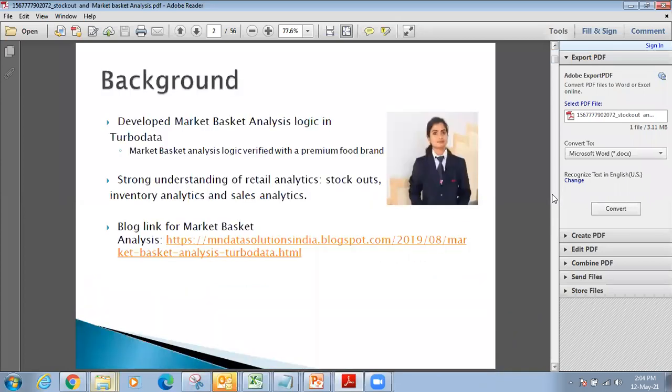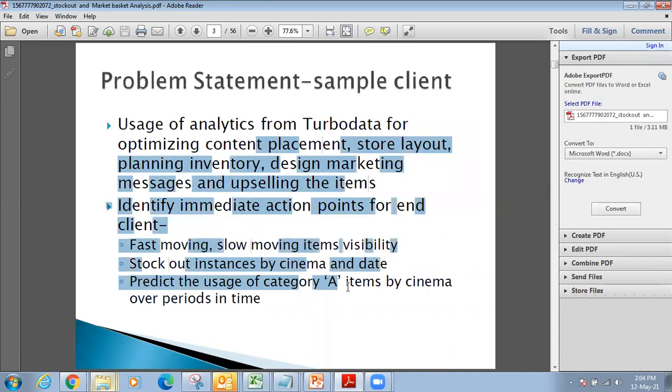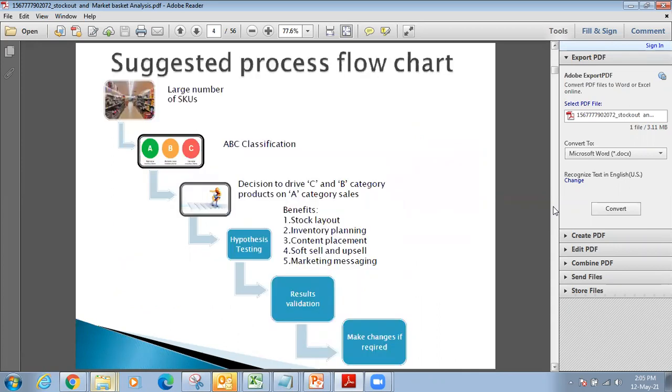Market basket analysis is basically: I have a set of items and I can sell other items along with it in order to increase the sales. So first we found out which are our category A items based on items per head, which are selling the fastest. And then we tried to look at whether category B and category C items can also be sold speedily along with the A category items.